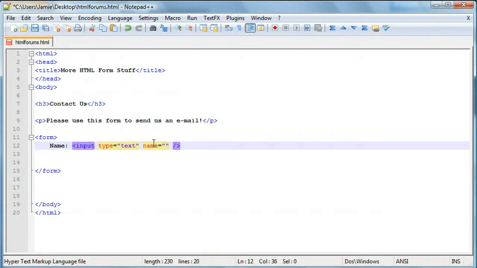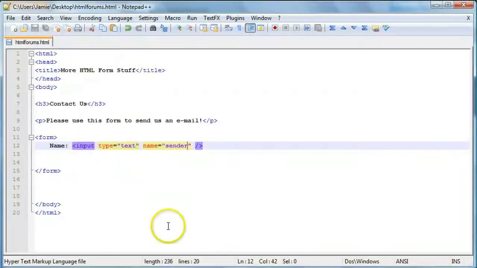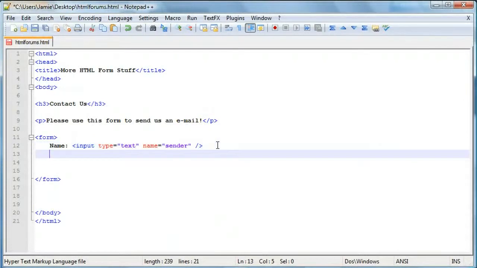So we'll call this name, or we can call it sender, whatever you want to do. Sender. So we'll come over here and we'll refresh. So here's our basically name form, so we can say our name, and then we'll come over here and we'll create recipient. So we'll give it a paragraph break, see how that looks, and we'll say